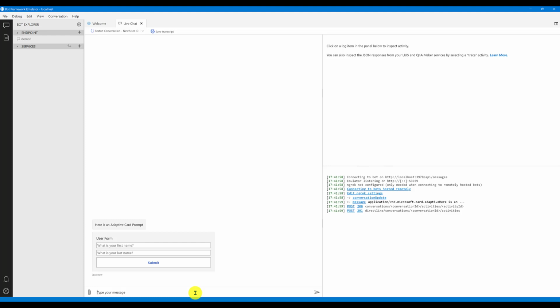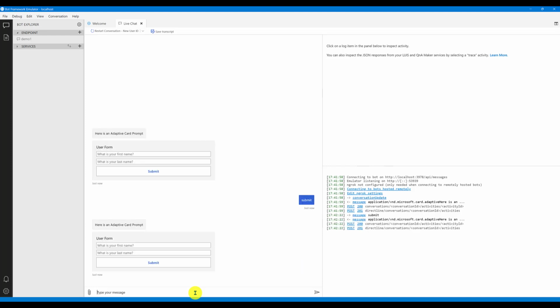So instead of the submit button, I send text information, for example I send submit. The prompt will validate that this is not an event, this is just a text message. So the validation happens again and we throw the same information to the user, the same way the text prompt, number prompt and other prompts work.